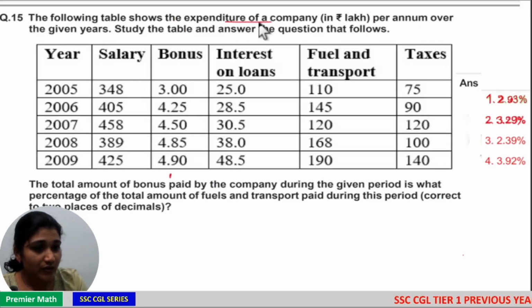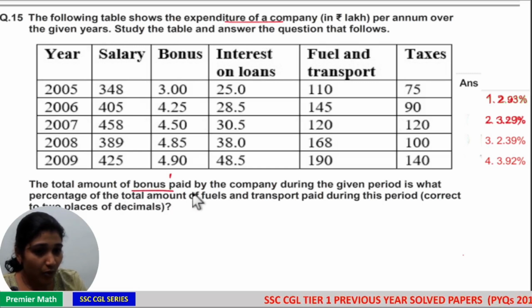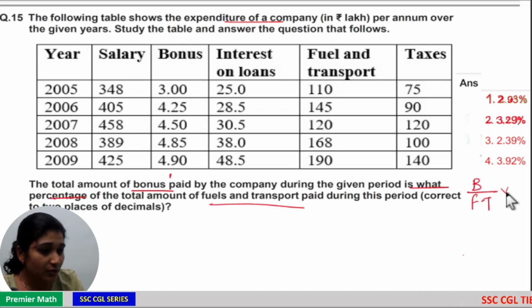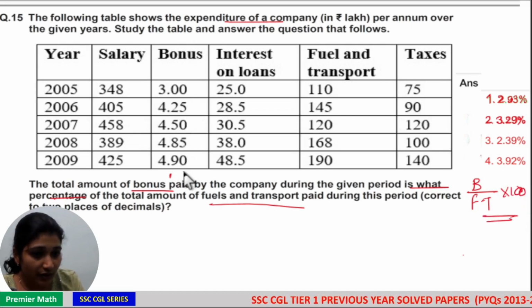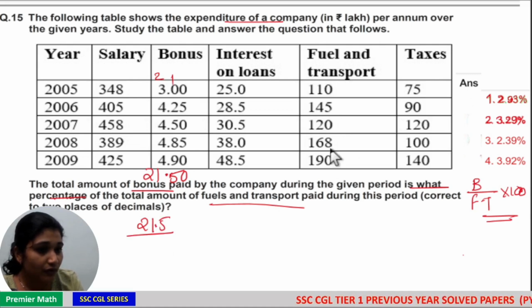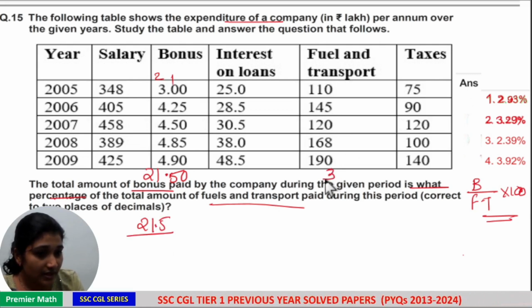The following table shows expenditure of a company. The total amount of bonus paid by the company during the given period is what percentage of the total amount of fuel and transport paid during this period. So bonus is what percentage of fuel and transport, that is our answer. So take total bonus. Here 5 plus 5, 10. 3 plus 5, 8 plus 8, 16 plus 9 is equal to 25. And here we have 5 plus 16 is 21. So 21.5 lakhs. Bonus is 21.5 lakhs out of total